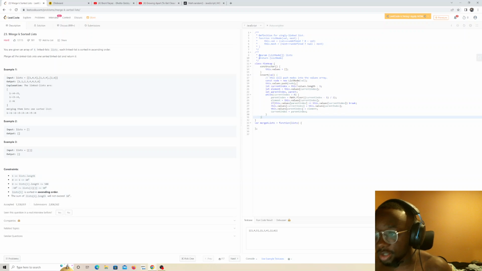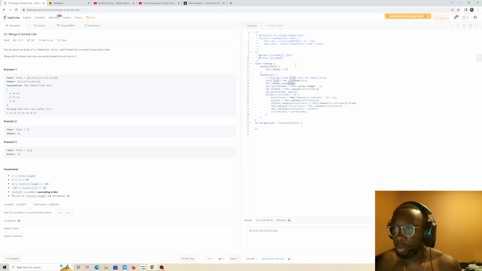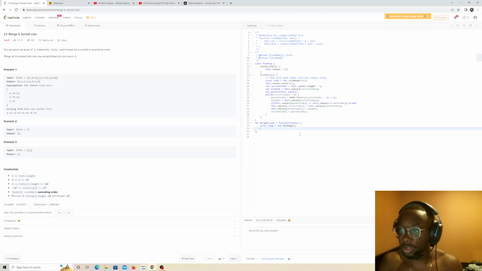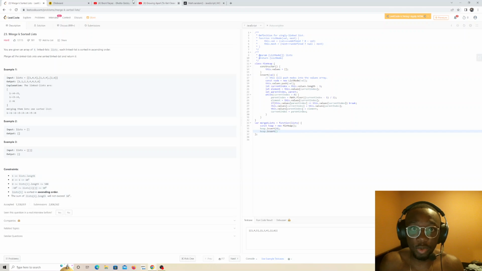Now this should insert correctly. Before we actually do anything with creating a node and doing it that way, I want to make sure that this works. So I want to create a minimum heap and see what happens if, sorry, heap insert, actually we'll insert what we have here,